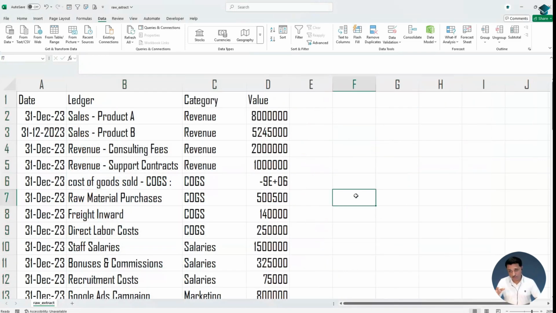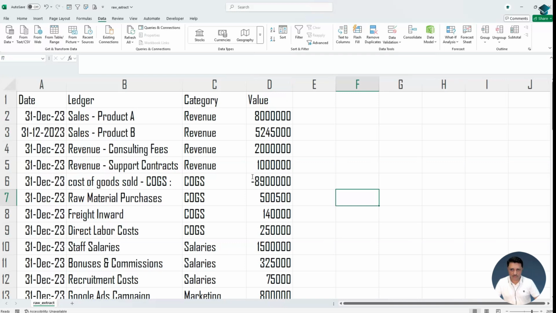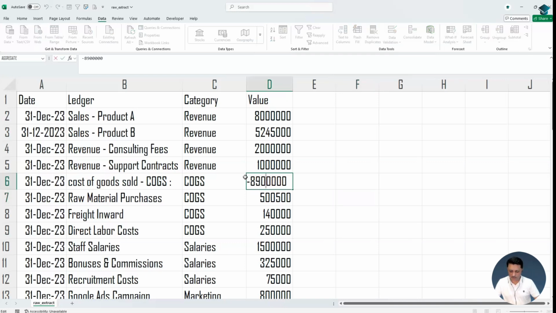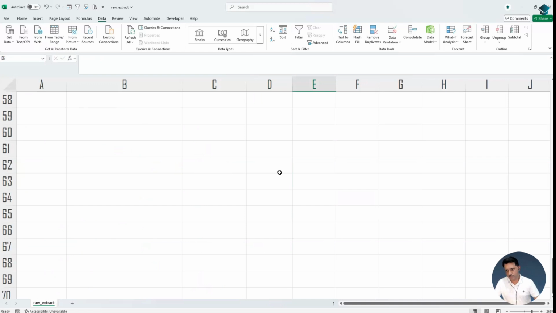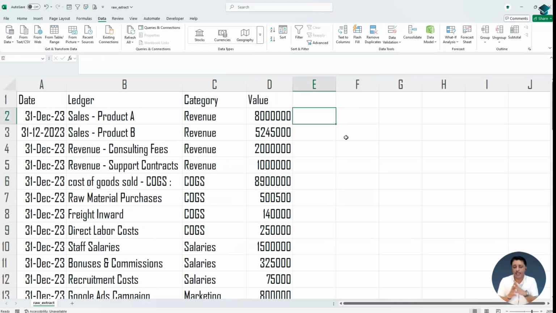Now, you know, when we do a P&L, correct? When we do a P&L income statement, what normally happens is we have got some minus signs. We do not want minus signs in a P&L. If any minuses are there, for the time being, let me cleanse them off. Okay, fine. And then what we are going to do is, the P&L is always on the year end. So I just want the year end from here. So for that,